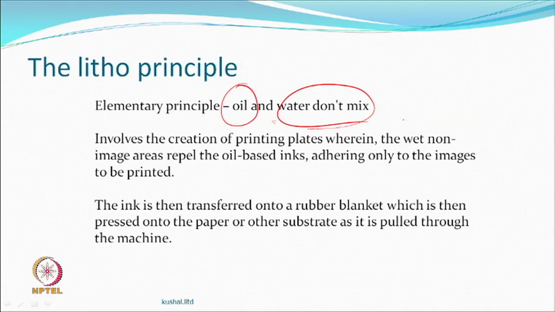Ink does not go to the water, it just does not get transferred. And then from the hydrophobic portion of the design which has the ink, you transfer it to another roller or a blanket, and then this blanket roller will transfer the design to the paper. Right. So, the principle is simple, oil and water do not mix.